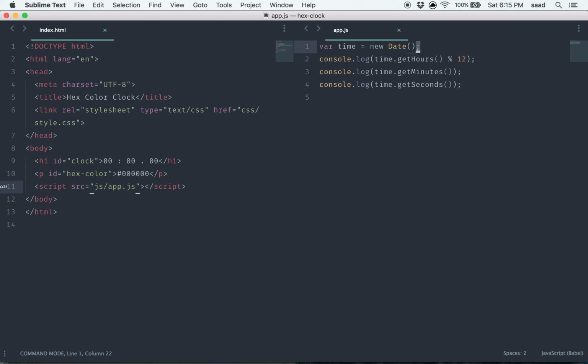So now we know how to get the current date and all the minutes and seconds. So how do we update this clock to use that? So we can actually access the text content of this clock. So why don't we get some references to these two elements? We can say var clock equals